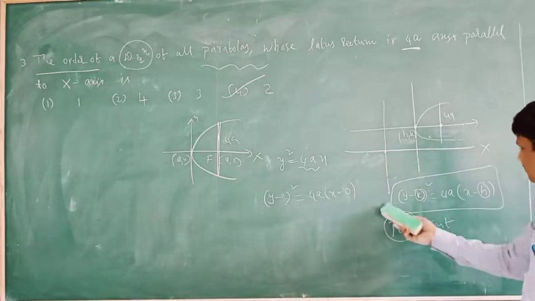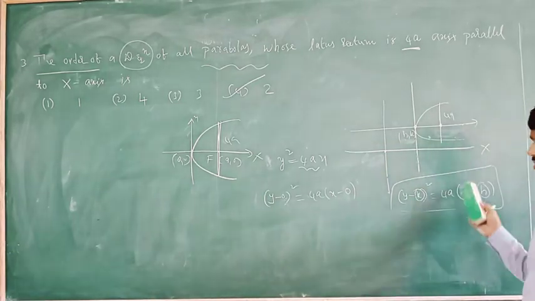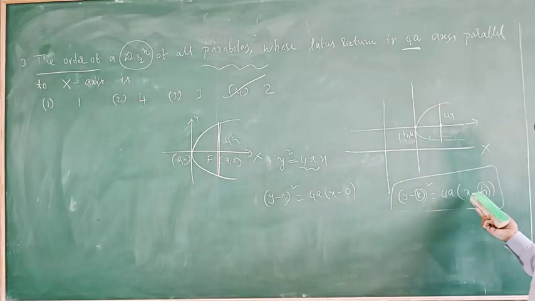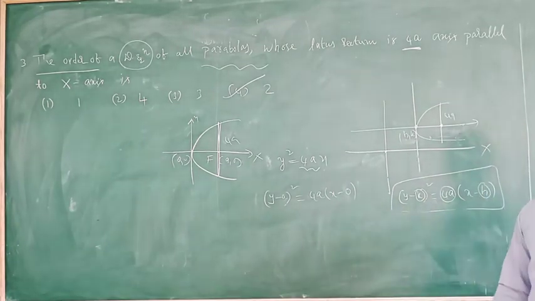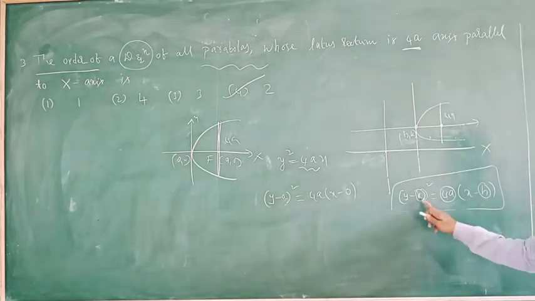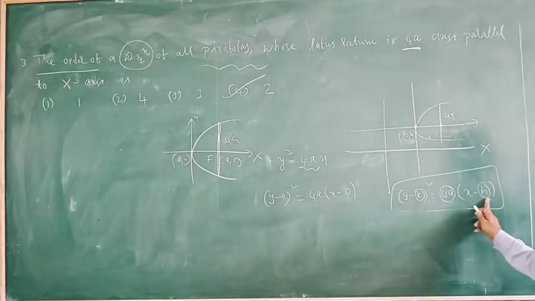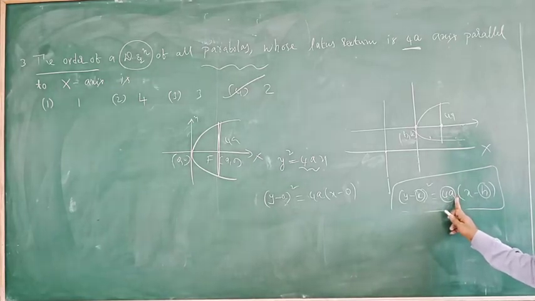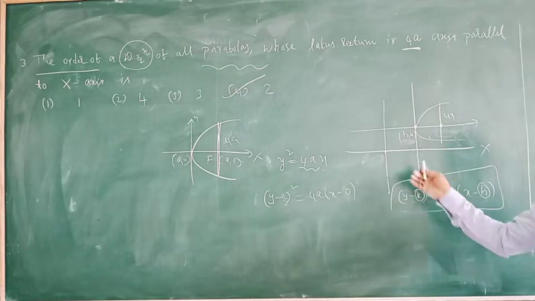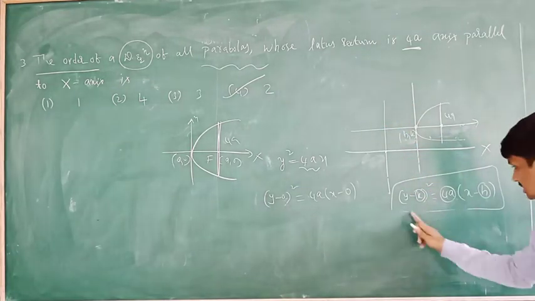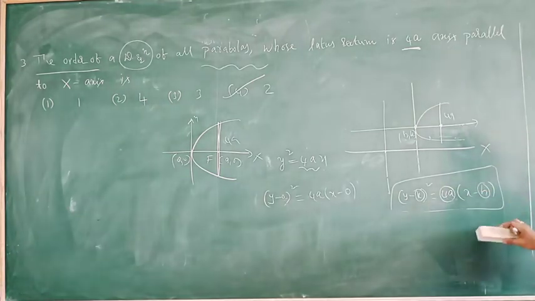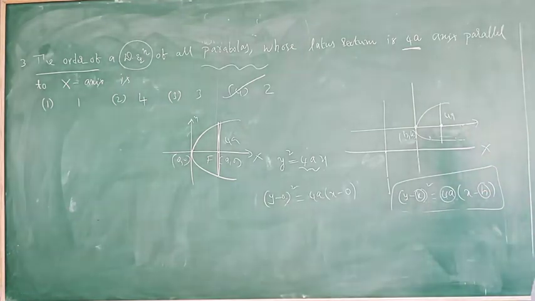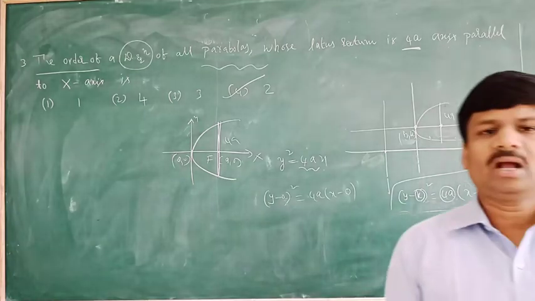So it is the equation of a parabola. In this parabola, what are the arbitrary constants? h comma k. A is not an arbitrary constant here. Here h comma k are the constants. Remember that one. So 1, 2: 2 constants are there. So the order of the differential equation of this parabola equation is 2. Remember. This is about question number 3. Okay, next come to question number 4.